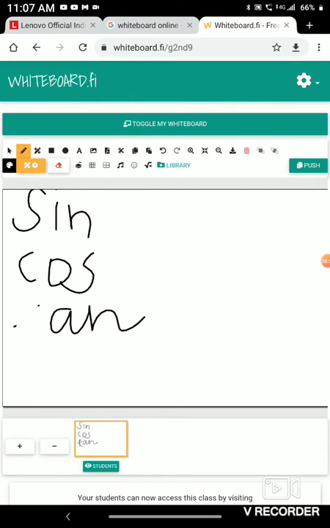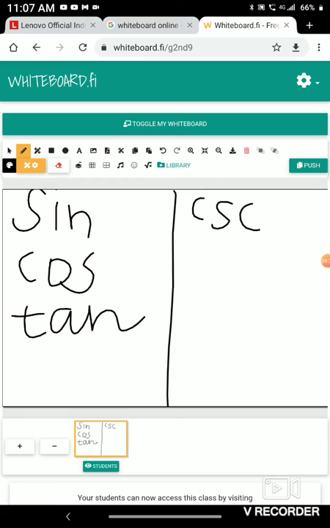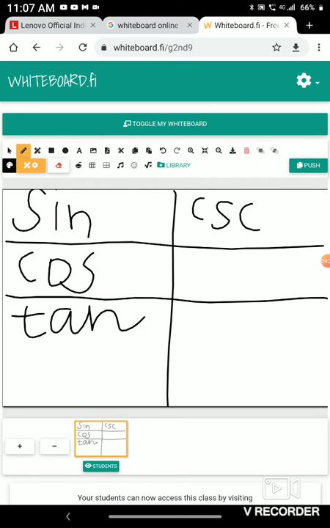I'll make tan again. So guys, tan, and I told you that from these 3 things 6 things are made. So we will divide a partition, then when we take the reciprocal, the sin becomes cosec, the cos becomes sec. Wait, I will give partitions so it will be more clear. So this cos will become sec, and this tan will become cot.